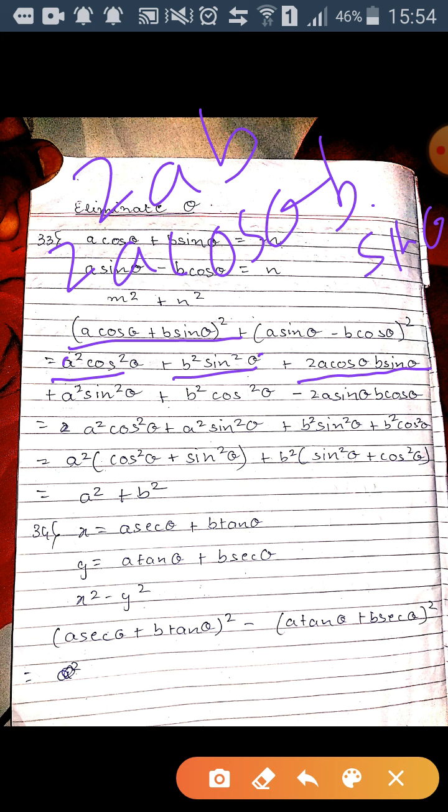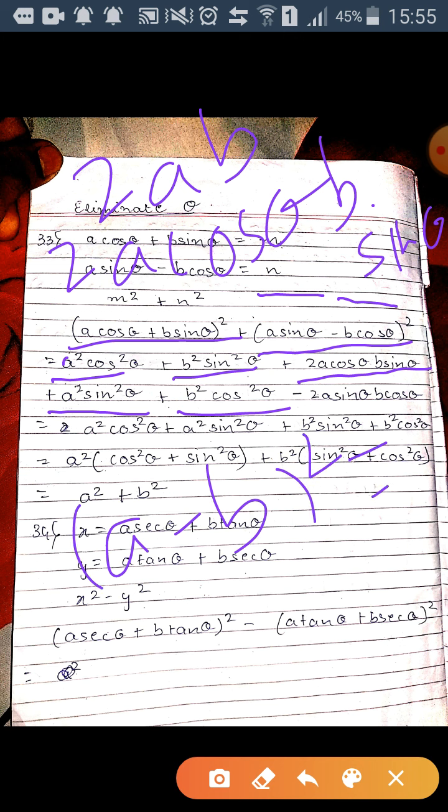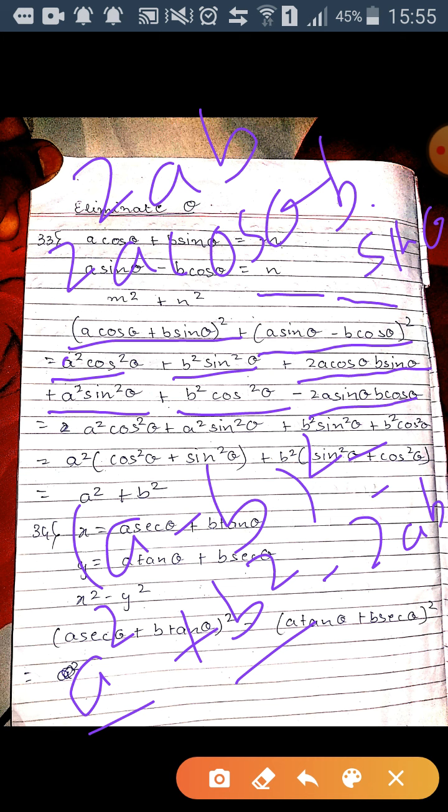Now I will square this one. This is a minus b whole square. So first I will get the a square. A is a sin theta, so a square will be a square sin square theta. B is b cos theta, so b square will be b square cos square theta. And in a minus b whole square, the third thing is minus 2ab. It is a square, which we have already done, plus b square, which we have already done. The third thing is minus 2ab. Yes or no? This is your minus 2ab, minus 2 into a sin theta into b cos theta.